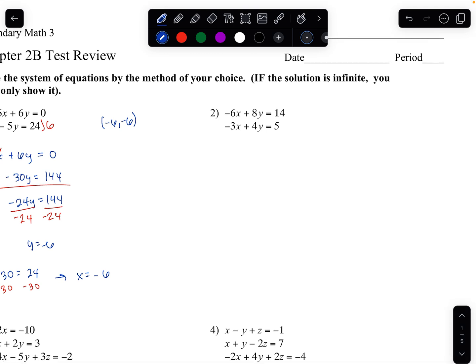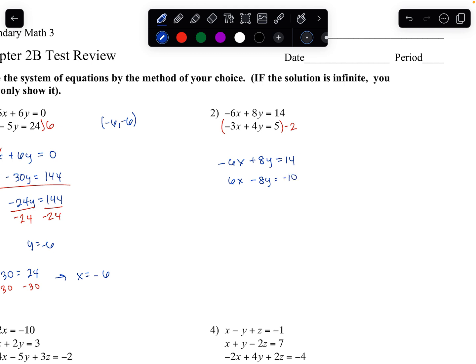For number 2, this one's not too bad. Doesn't really matter if we get rid of x or y, but let's just multiply this by negative 2, because let's say I get rid of the x. So when I multiply this by negative 2, it's going to become positive 6. But the top equation is going to remain the same. Plus 8y is equal to 14. Now when I multiply the bottom equation by negative 2, that's going to become 6x minus 8y equal to negative